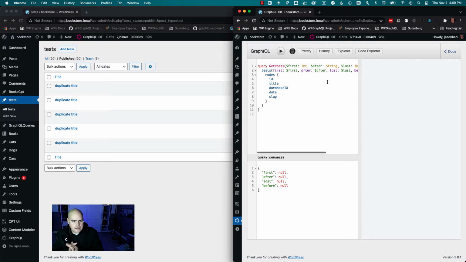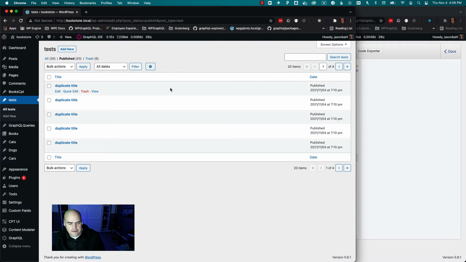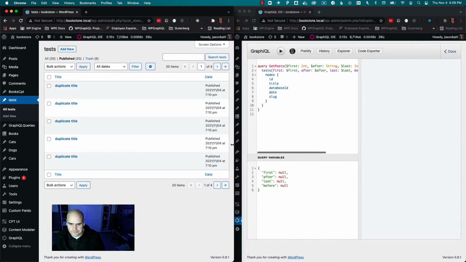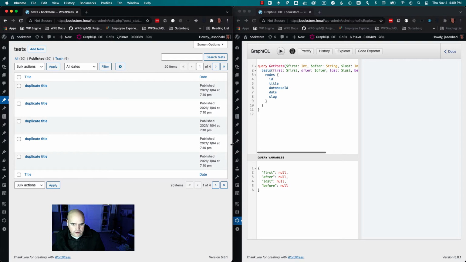All right, so I want to show this bug that I'm working through with cursor pagination, just so we can see the bug in action and then the resolution in action. There's an issue right now with pagination. If you're doing a query and you're trying to paginate in WPGraphQL and you're sorting or ordering by